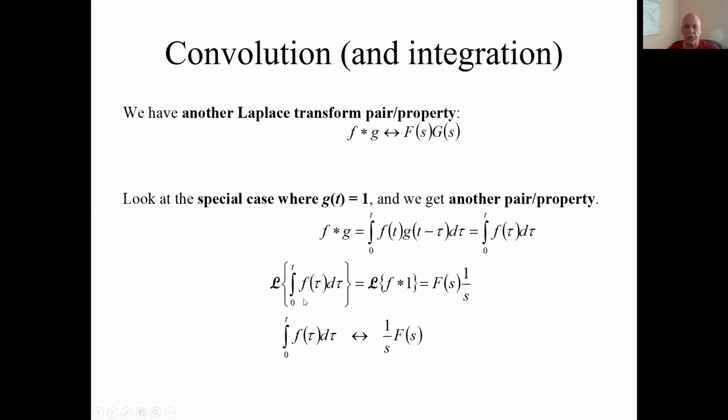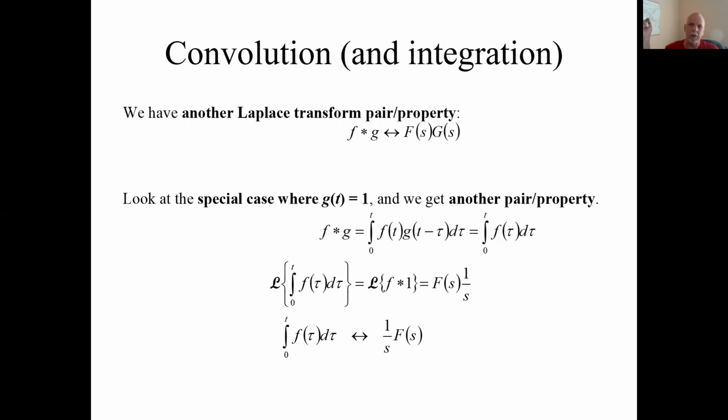Which means the Laplace transform of an integral is the Laplace transform of the function convoluted with 1, which by this property is just the Laplace transform of the function f divided by s,